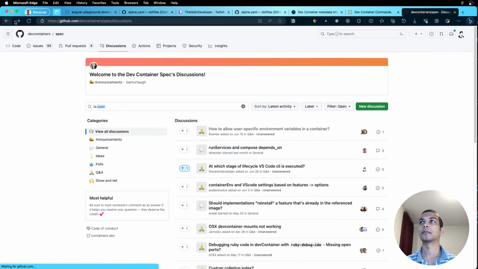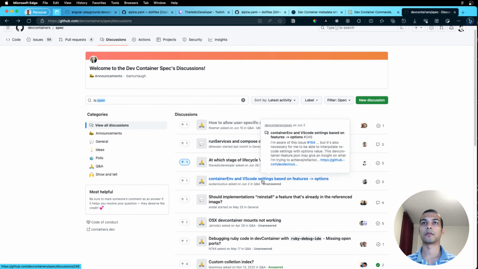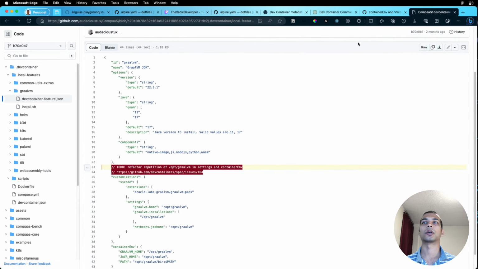this seems good. Run services. Okay, container.env and VS Code setting based features options. I'm aware of issue 164, but it's also necessary for me to be able to interpolate VS Code settings with option values. This containerization feature may give insights on what I'm trying to achieve. What he's trying to achieve is to refactor repetitions of options in settings and